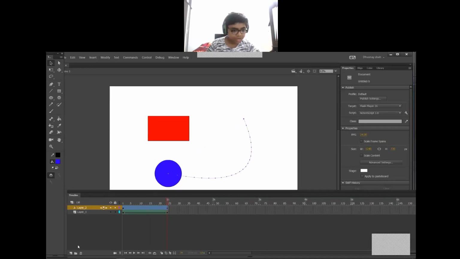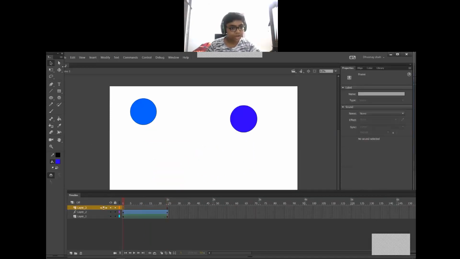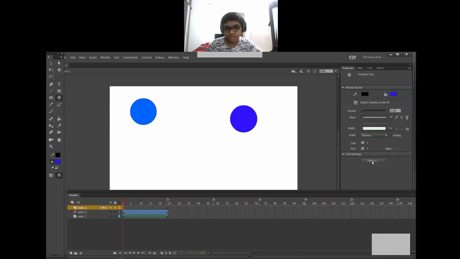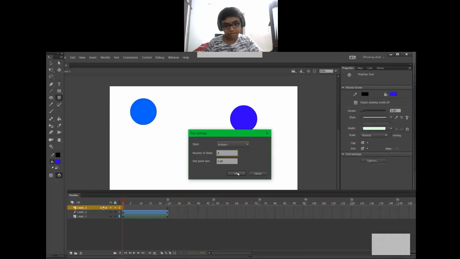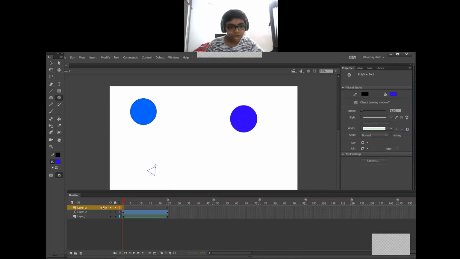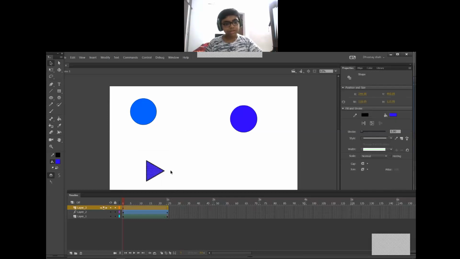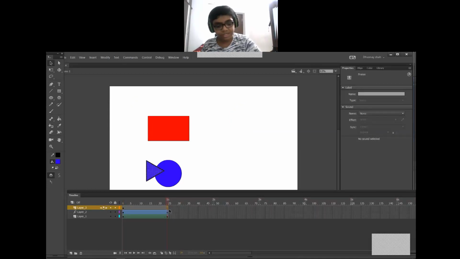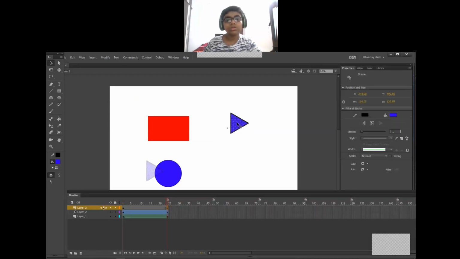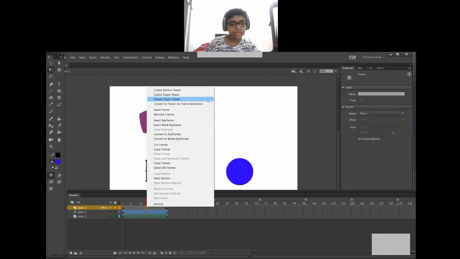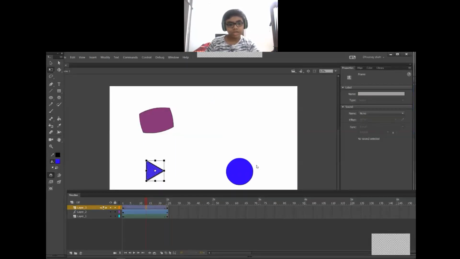In the third case, I will do it as classic tween of any shape, but I will use a three-sided polygon, which means triangle, using the polystar tool like this. Now I will make one tween as it is classic tween like this. Press F6 here and you use till here, and now see, I will move it like this. In classic tween, right click, create classic tween and click on OK like this.